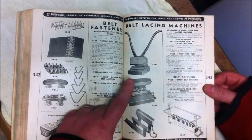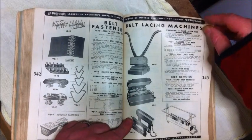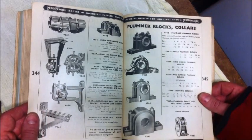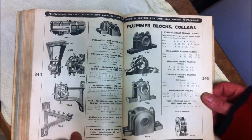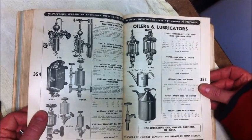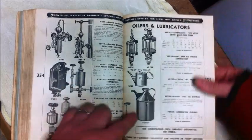If you have a look at my video on clipper belt laces, which is a machine similar to that. There's a big bench mount and a couple of little vice tools. Plummer blocks, if you're making an overhead line shaft. It's line shaft hangers and supports of wall brackets, collars, ball joints, grease guns, oilers and lubricators, Lukenheimers, tackles, Riga oil cans,